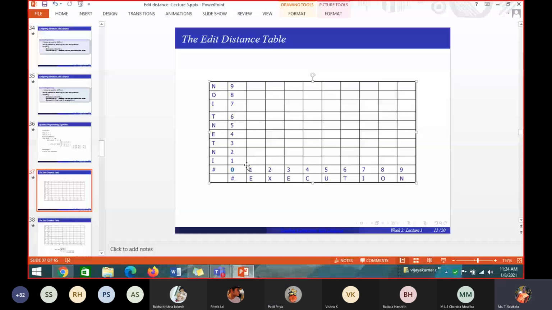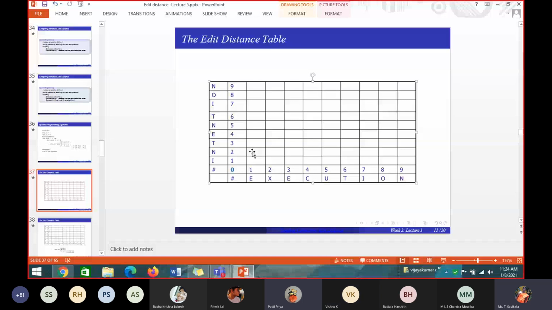Yes. So I and E, I have to find the distance, and I have to write it here in this box. So what is this location? Capital I is in which position? D of i comma j. What is small i value? What is small j value? 1. 1. So this box is D of 1 comma 1. Yes or no? Yes. I and E, I have to find the distance and write it here. So this is D of 1 comma 1. Above, what I have kept is 2, here 1.